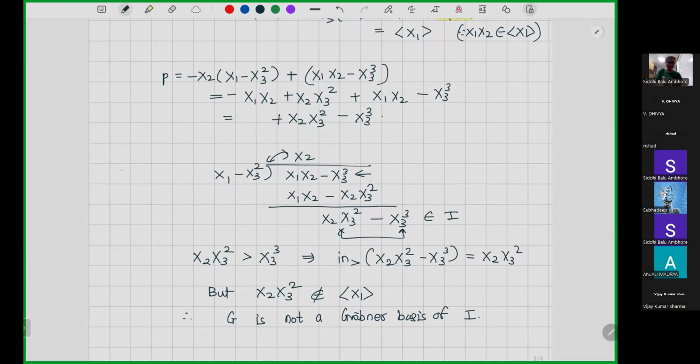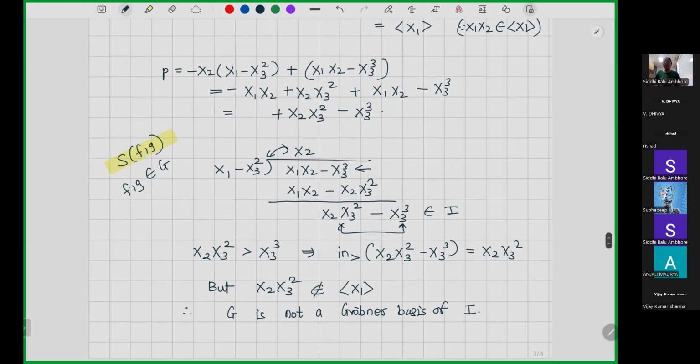It is denoted by something like this, where this F and G are elements from my set G, which I'm trying to check whether it's a Gröbner basis or not. Okay. Yes. If we have three elements in our set,